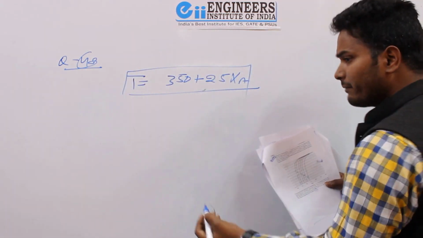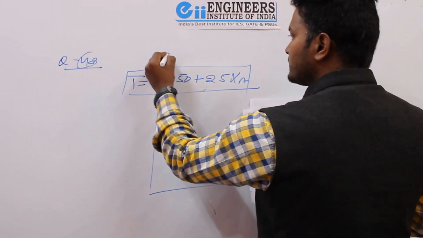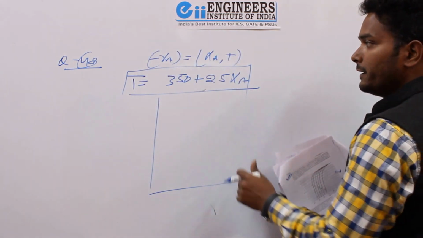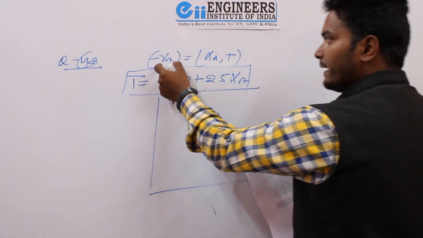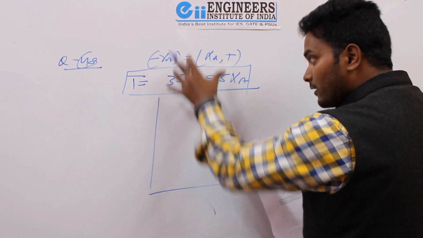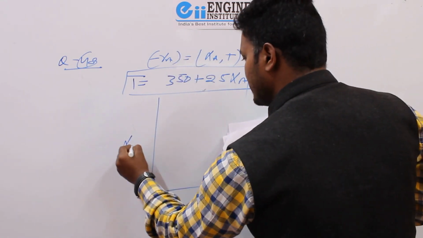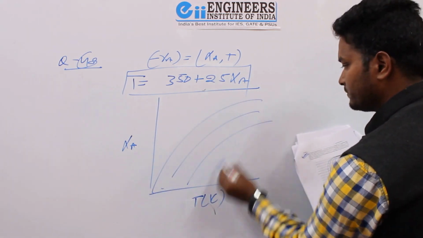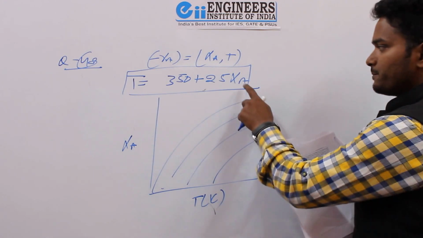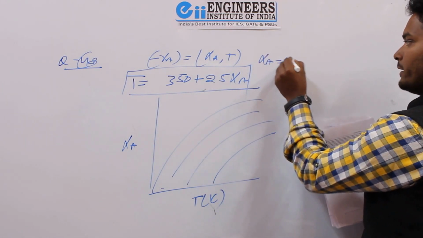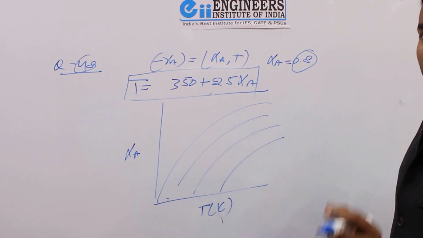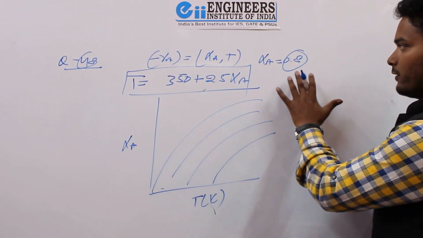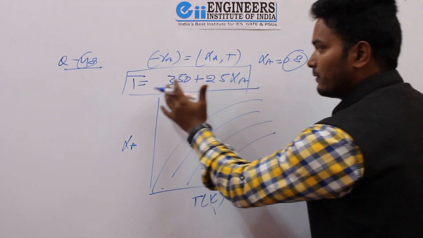Now, since minus rate of reaction is a function of conversion as well as temperature, it means for a fixed value of minus RA, at the given temperature the conversion will be there. And this curve they have given in the problem, with XA on one axis and temperature in Kelvin on the other axis. They have given different curves like that. First of all, they have given X is equal to 0.8. They told us to find out the volume of the reactor when the conversion is 80%. First of all, you have to find out what is the temperature when the conversion is 80%.